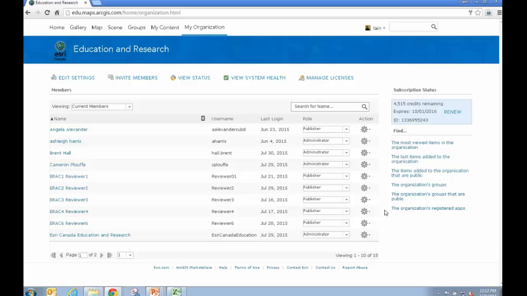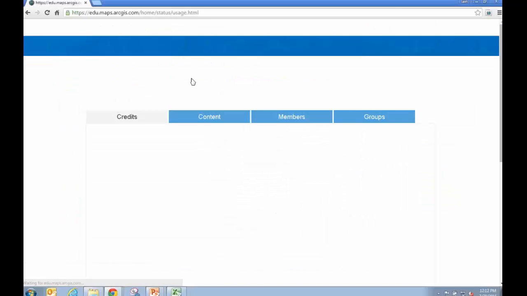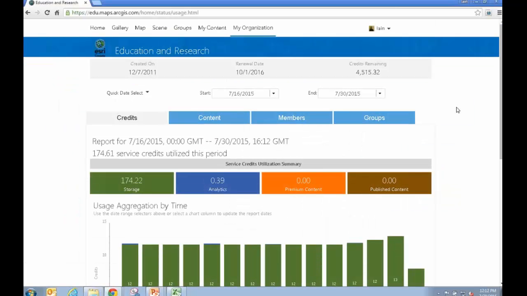The last thing I'll show you in this subscription relates to usage. If you are interested in tracking usage of ArcGIS Online and how named users are interacting with it, the best way for you to do that is through this status dashboard or the usage dashboard. So click on that, and that'll bring you to a new page. It still has the same metrics that you would have seen on the right-hand side of the screen before, so it still has the credits remaining. But now it actually breaks down